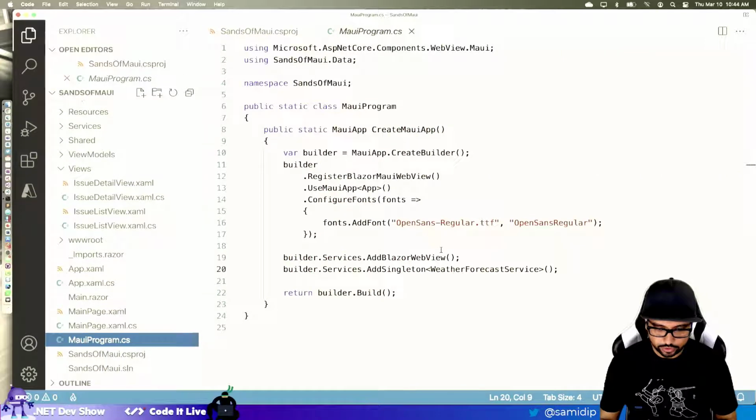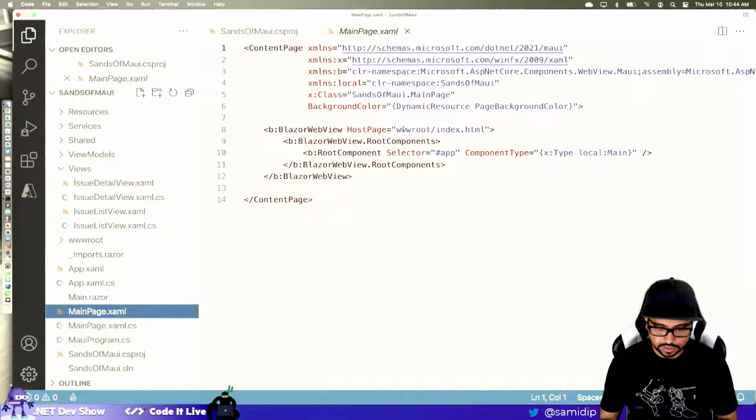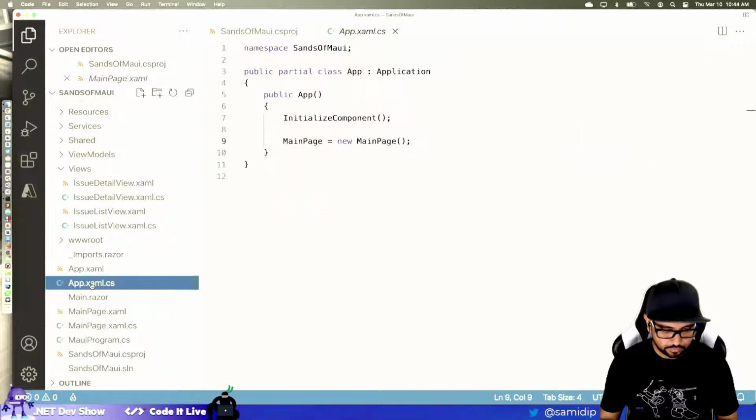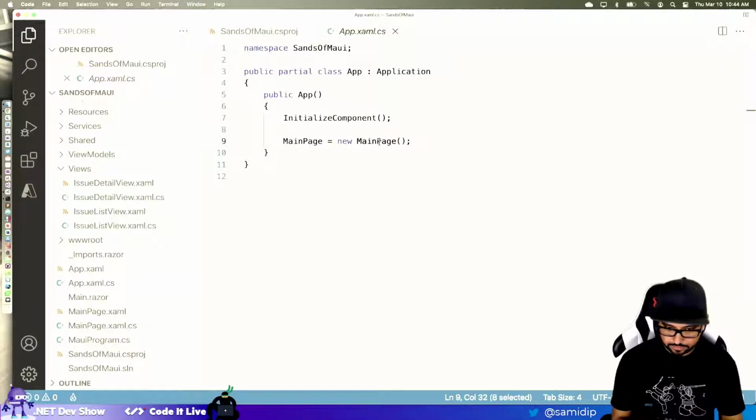Maui program brings in Blazor web view, perfect. But we don't need to start at main page XAML, because this is the Blazor web view thingy. We don't need to start there. So let's switch to my App.xaml.cs. Instead of doing main page, we are going to say